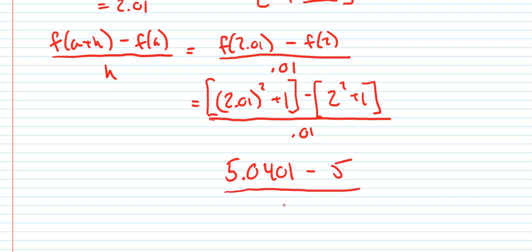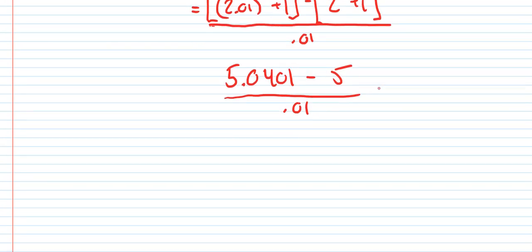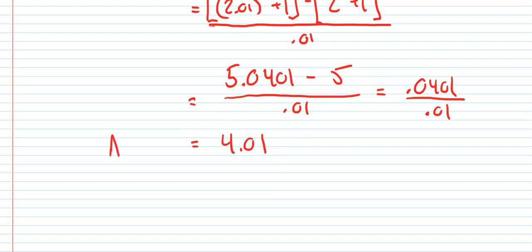And subtracting those two out, we get 0.0401 over 0.01, which ends up being equal to 4.01. So what is the 4.01? It is the average rate of change over this interval from 2 to 2.01, and it is the slope of the secant line